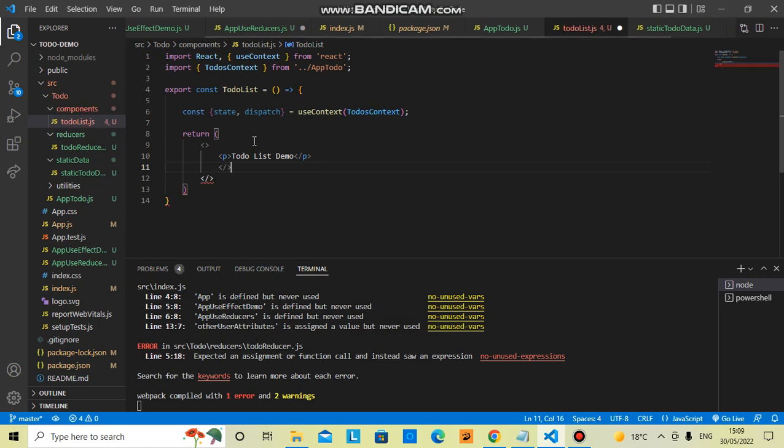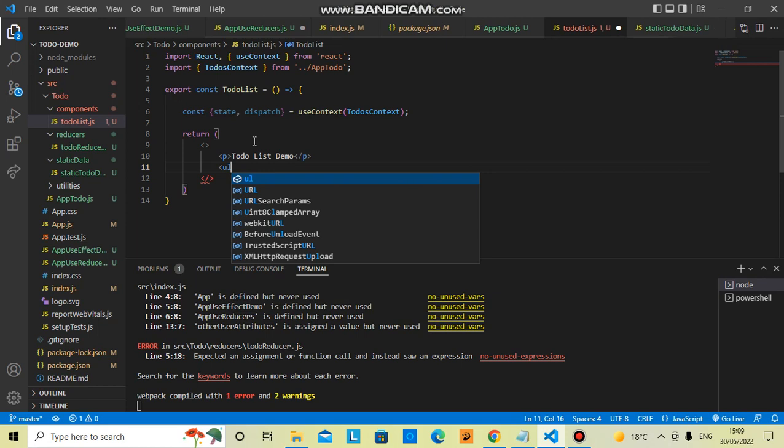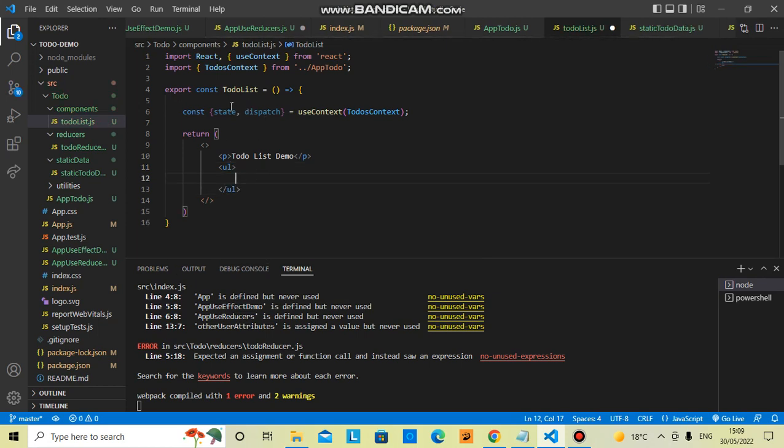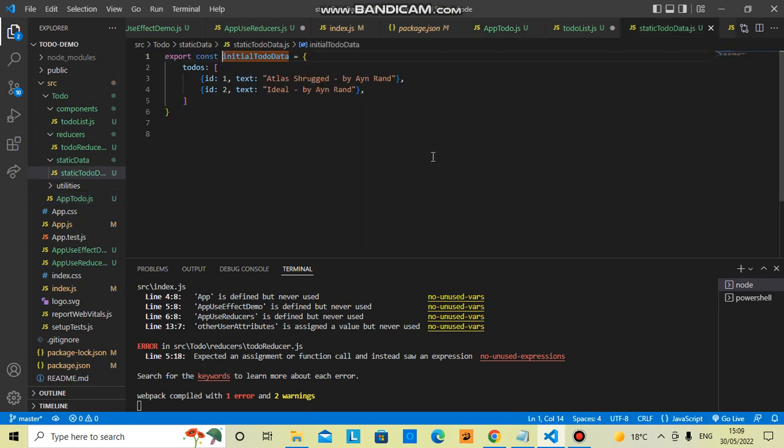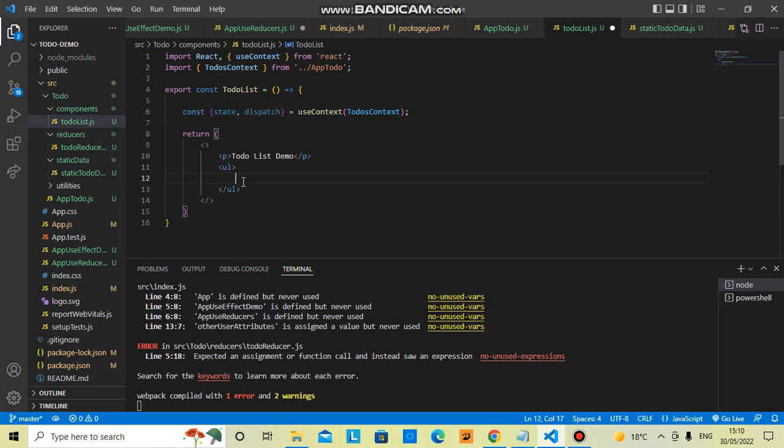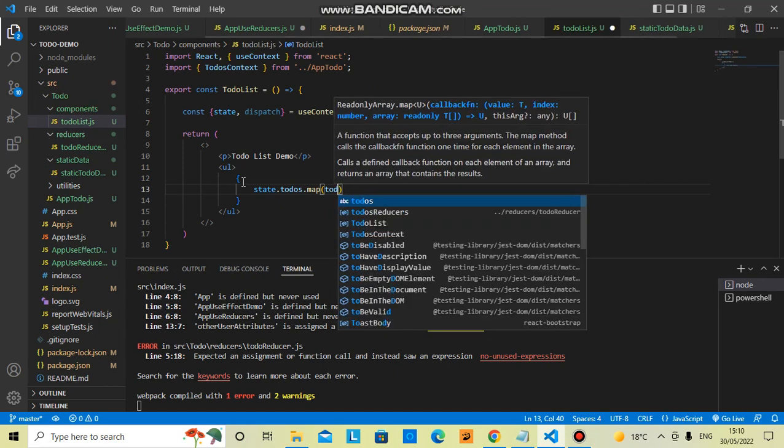So we are going to render our data in the state. We know that the state was passed from our parent component up to do, and the state has been initialized with initial to do data, which is this. So we are going to loop through this. So it means it will be state.todos. We are mapping through an array. Here will be state.todos.map todo,